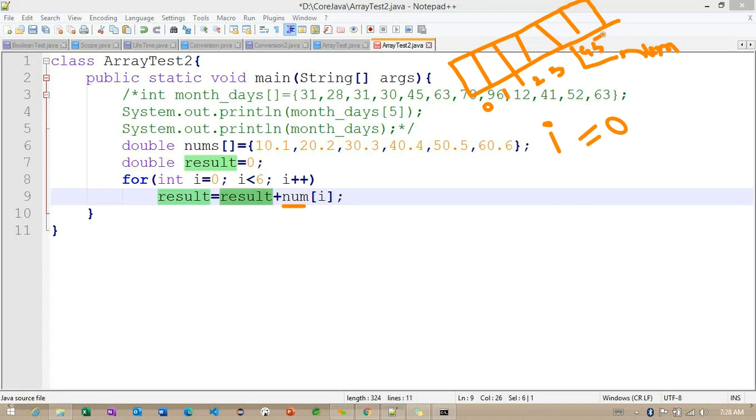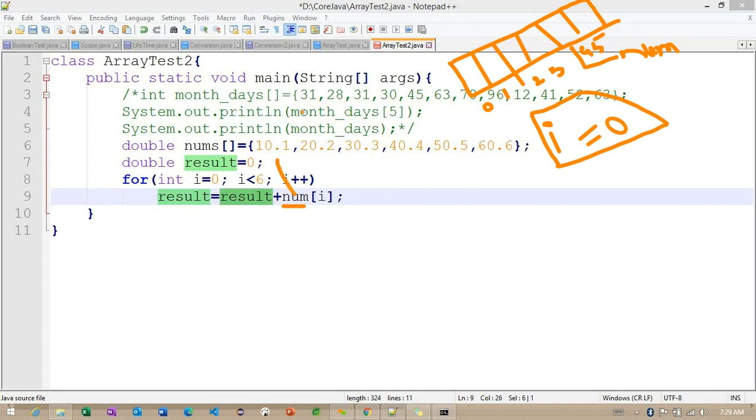Getting the point. Now observe here, whatever values we are having, all the values will be stored inside this array here. First we need to check the i value. The i value is currently 0. So whenever this i value is 0, now what we are doing here is checking with the reference here. This num is a reference of this double array here, right?